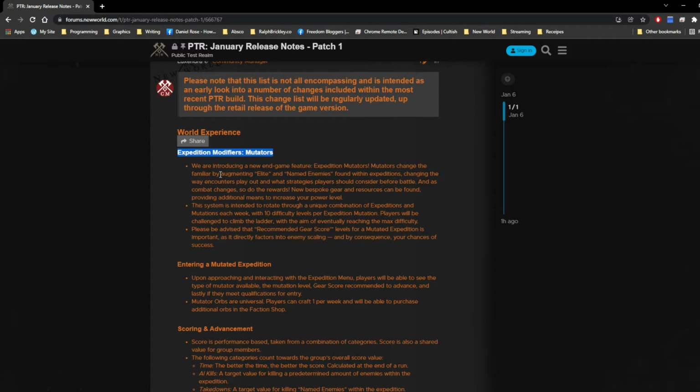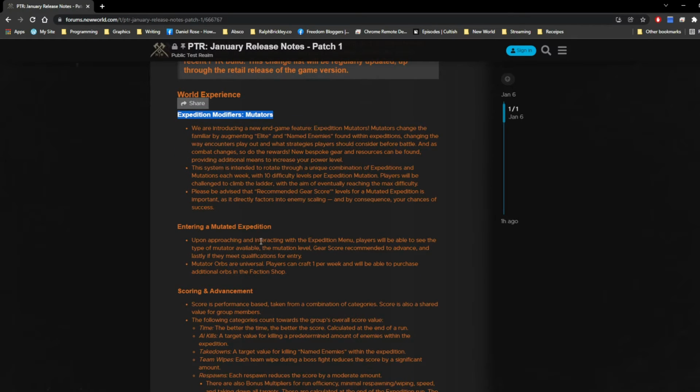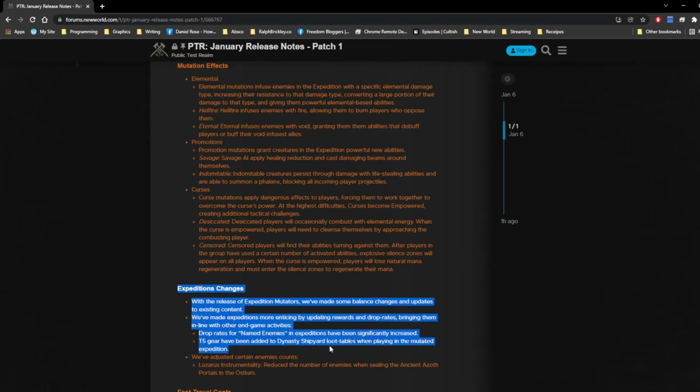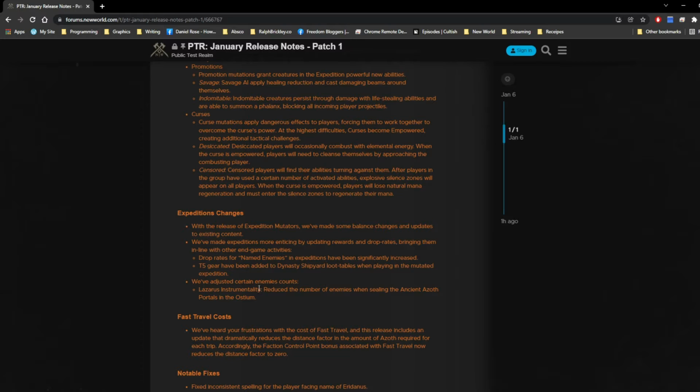Obviously, power creep is coming. We need some more content on the end game here. So this is going to be pretty awesome for us. You can do these mutators every week, so there's a lot of information about that, including scoring, mutation effects, and other general changes to the expeditions. So worth reading. Just know that this is PTR, subject to change. It could change before it releases, and I think as we go through this list, some of it probably is going to change. At least I hope some of it's going to change, but some of it is freaking awesome,